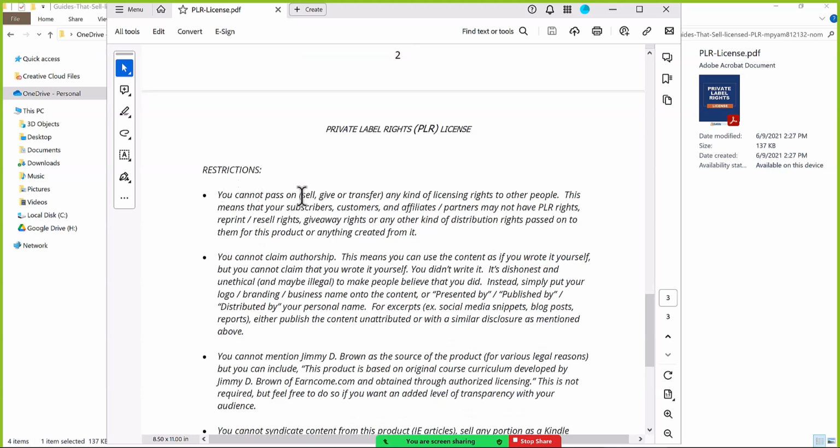You cannot pass on, sell, give, or transfer any kind of licensing rights to other people. So I could take this and turn it into my product. Now this is where it gets really gray. If I take this and I edit it and rename it and do all the things to it, it's now a brand new product. It's not the PLR product that I bought. So